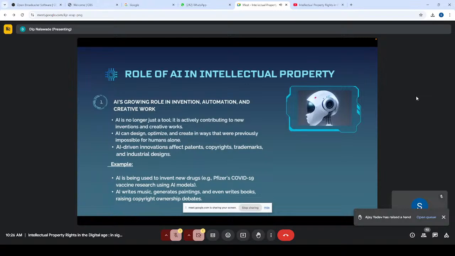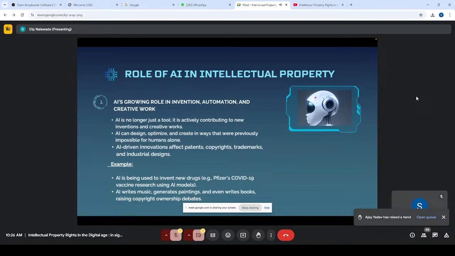AI-driven innovations affect patents, copyright, trademark, and industrial design, because to file a patent, I'll have to come up with an invention. And as a human, to come up with one invention, it will take months or years, or I don't know how much time. But AI can analyze so many technologies within minutes or hours. It can find the problems, and it can come up with a solution within a couple of hours. So obviously, it can file patents very quickly, and come up with inventions, logos, or any designs very quickly, which is kind of beyond human means.